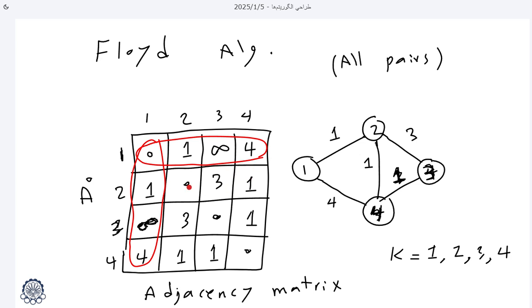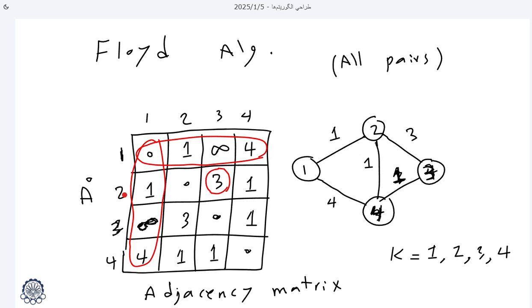Okay, for example, consider this room in row 2 and column 3. The value is 3. We should compare this value, which is 3. The old value of A23 is 3. And we should compare it with the